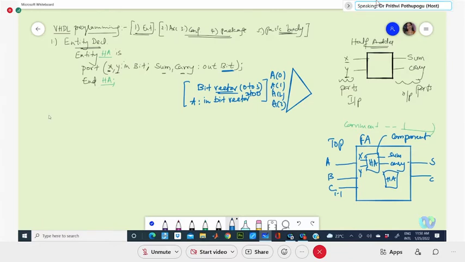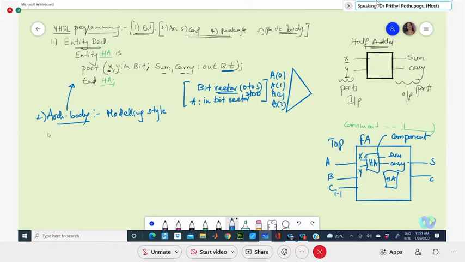Now the architecture body, the second one. This architecture body gives the internal details of the entity, and this has different modeling styles. Your architecture body elaborates the entity. So different styles you have.